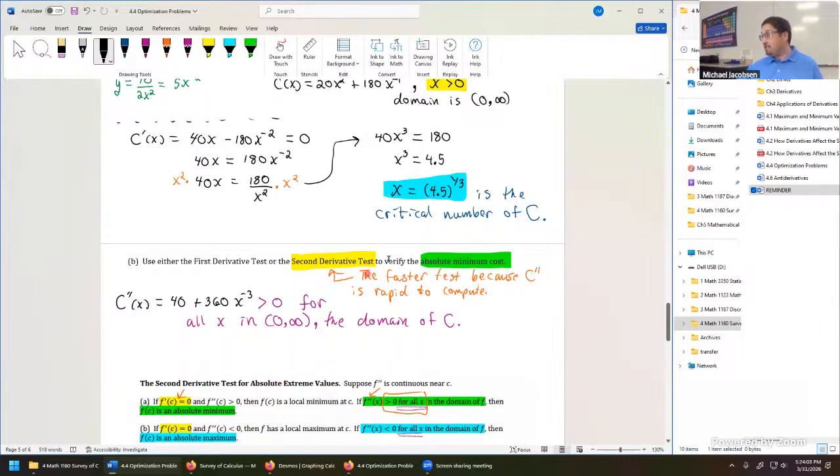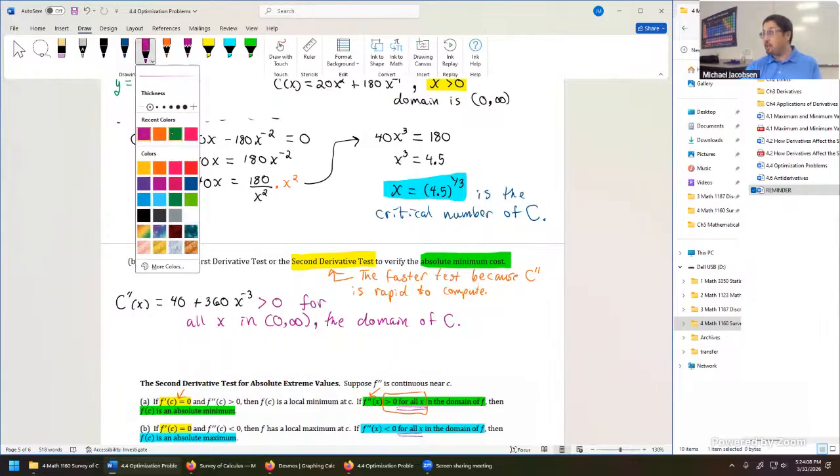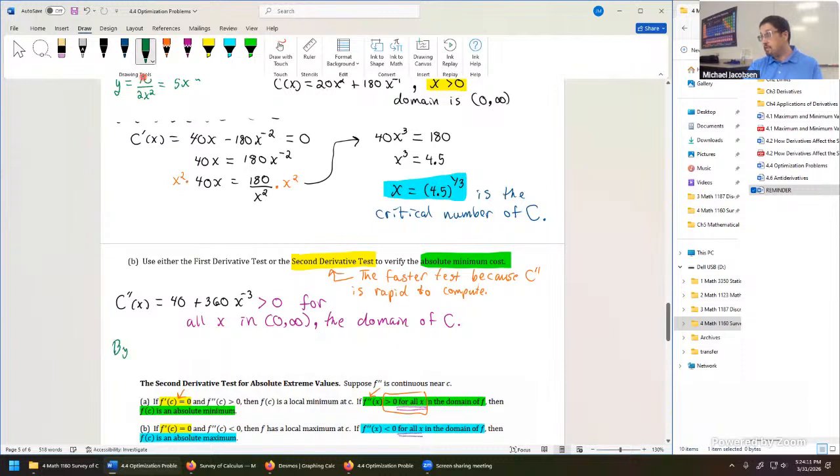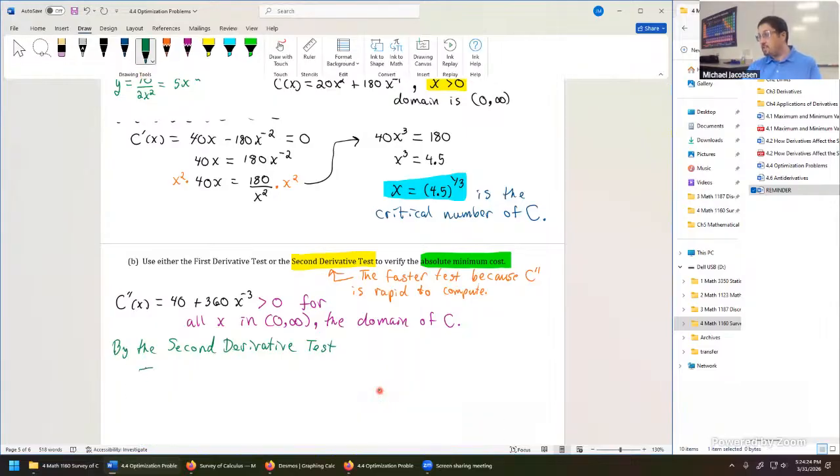Well, now that we found that, we have to actually get the absolute minimum cost. So here's our final conclusion on this problem. By the second derivative test, the absolute minimum cost is, we take the cost at the critical number, 4.5 to the cube root,